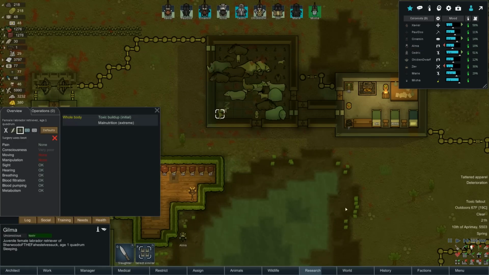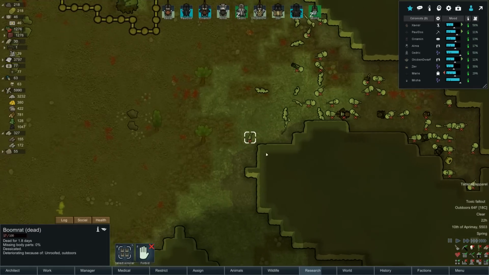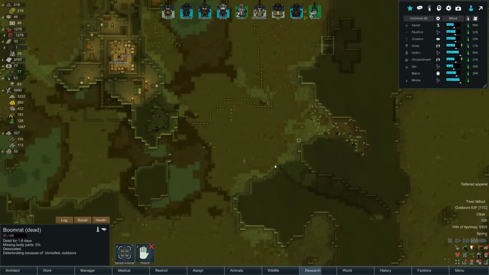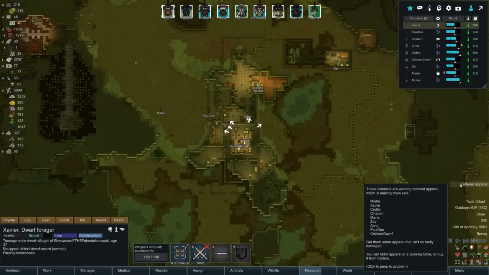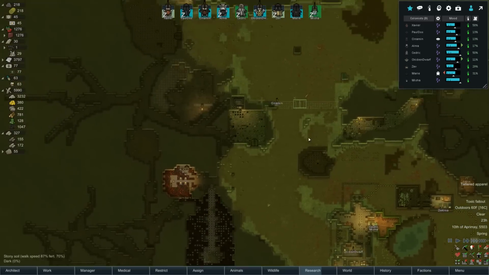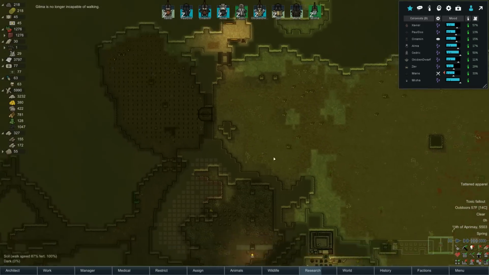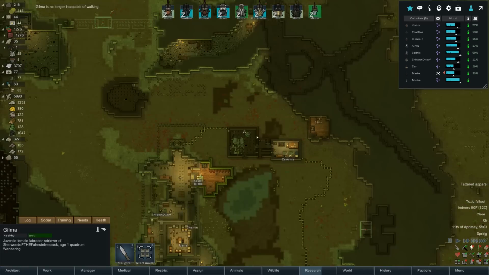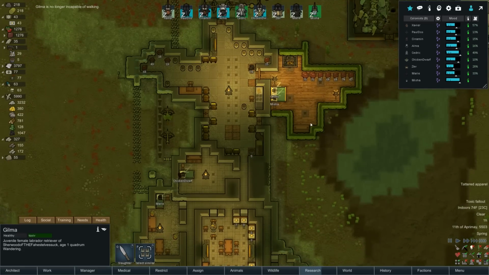Yep, 86%, but that's gone now as well. Who cares about that? That was the only deteriorating thing I owned was a boom rat for whatever reason. Okay, well, it's gone now. And there we go. The only issue now is tattered apparel, as per usual. This is coming along fantastically. 36%, 38%. Gilma's no longer capable of walking. Yep, all the pups are ready to go. And now it's really just a matter of...